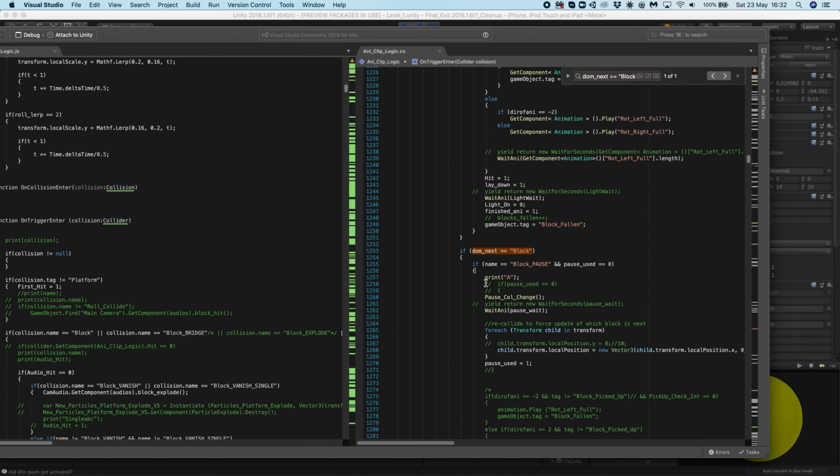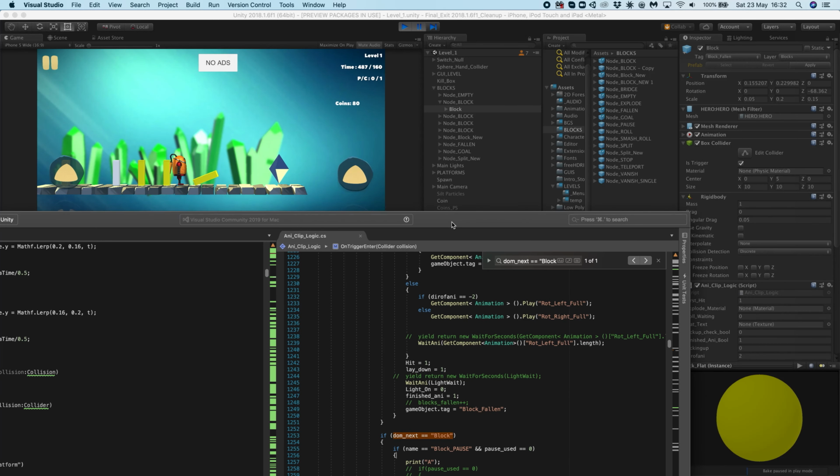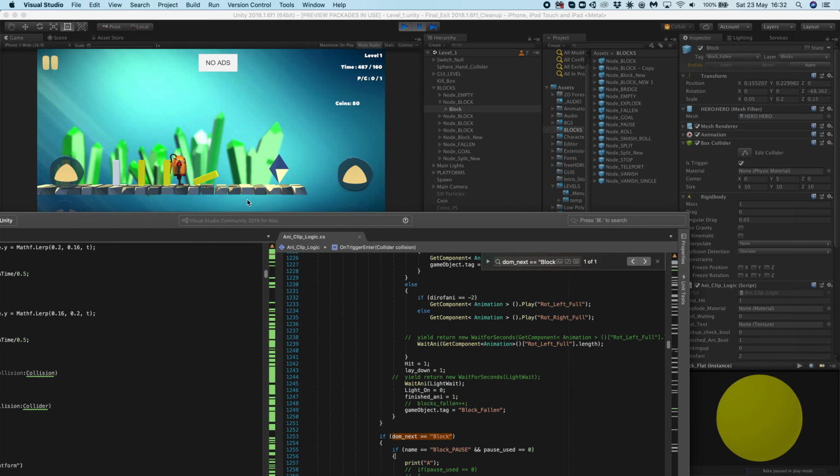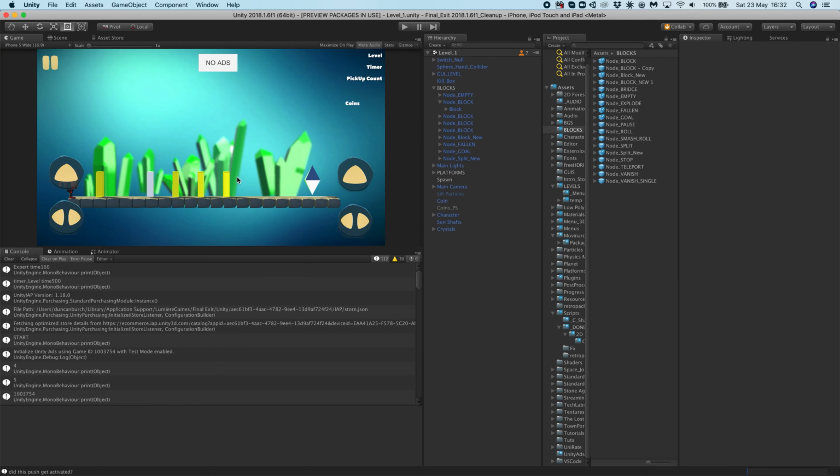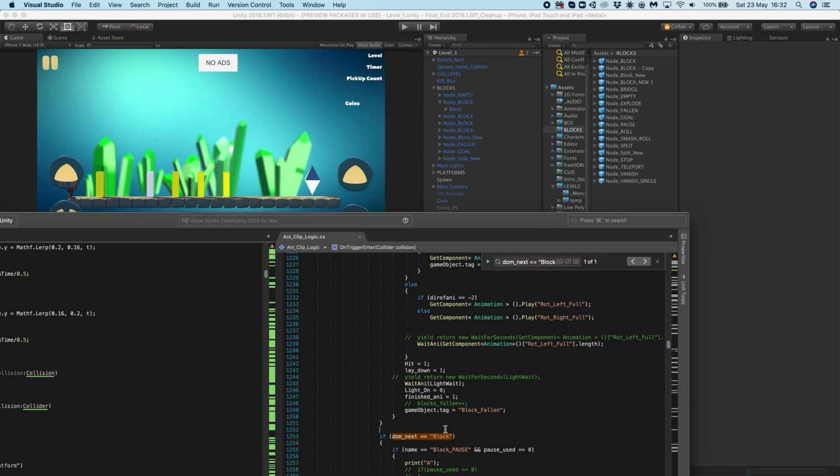I think Dom meant domino back then, just the word block. So I'm saying if the next, Dom next means what's happening next. So let's just start that again. If you were to be here and push into that block, the next block there is a block. Okay, I hope this makes sense. So basically you're saying when it's triggered, if the next block here is a block,